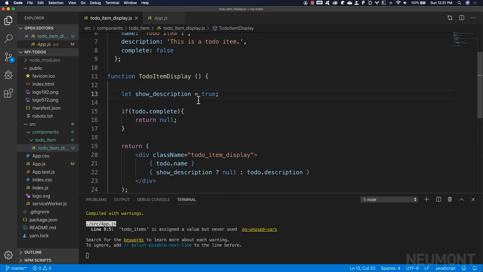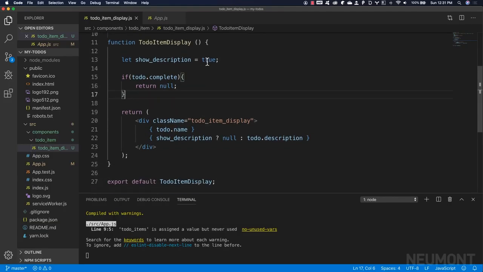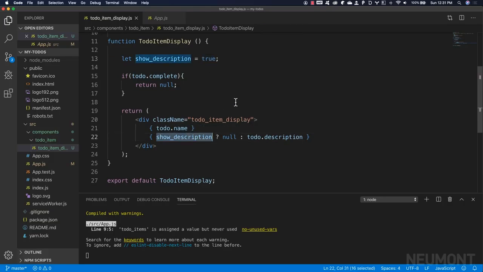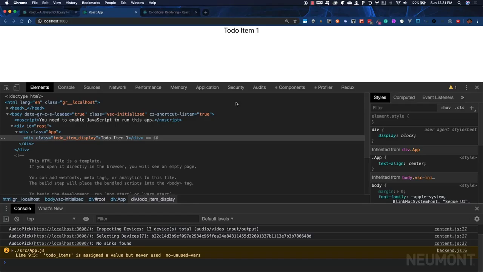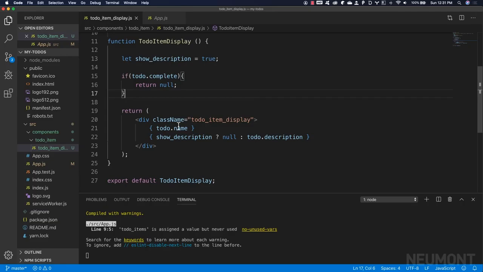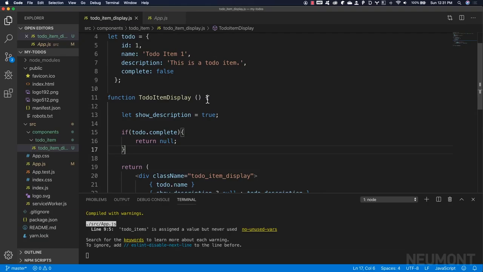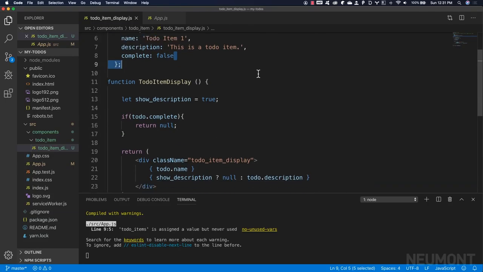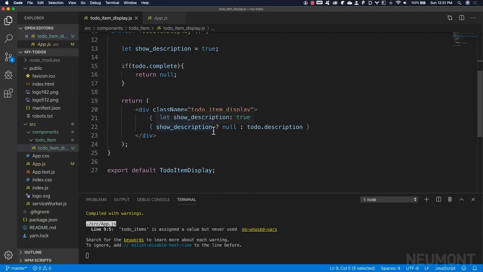Now let's talk about the description. Right now we're saying showDescription, and it is set to true. We've got our showDescription right here. And it doesn't look like our description is actually being shown. So let's look at this really quick. We've got our todo.description. It says this is a to-do item. Show description. We've got this